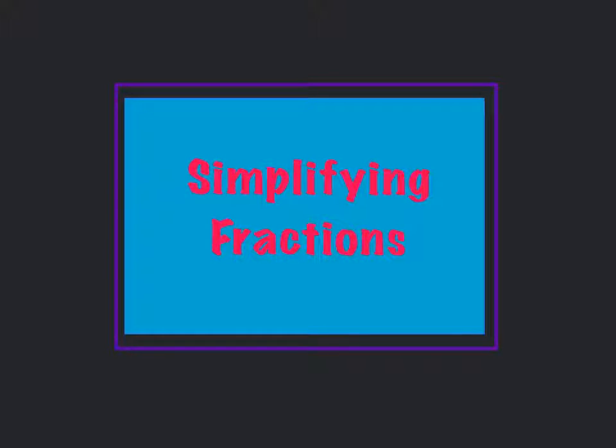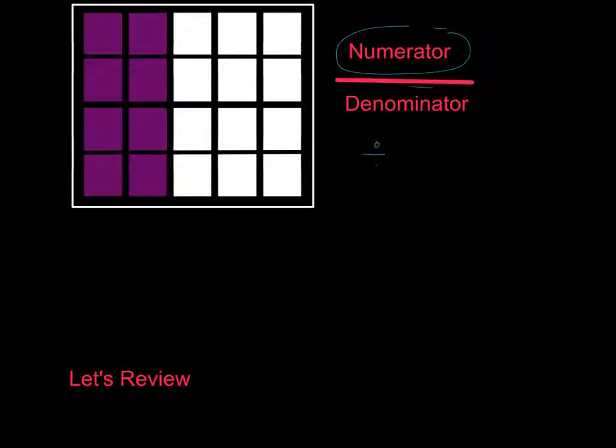In this lesson, we're going to be learning about simplifying fractions. First of all, let's review. A fraction is made up of a numerator and a denominator, and they are separated by a fraction bar. The fraction bar is actually representing an operation. The operation it's representing is a division symbol, and it actually signifies that the numerator is being divided by the